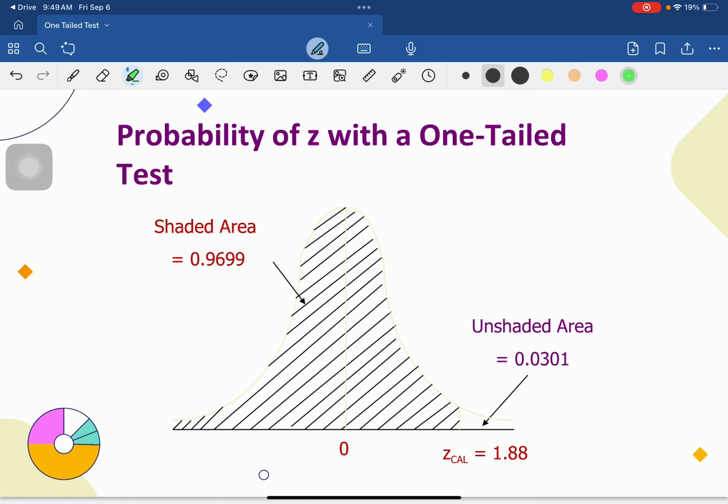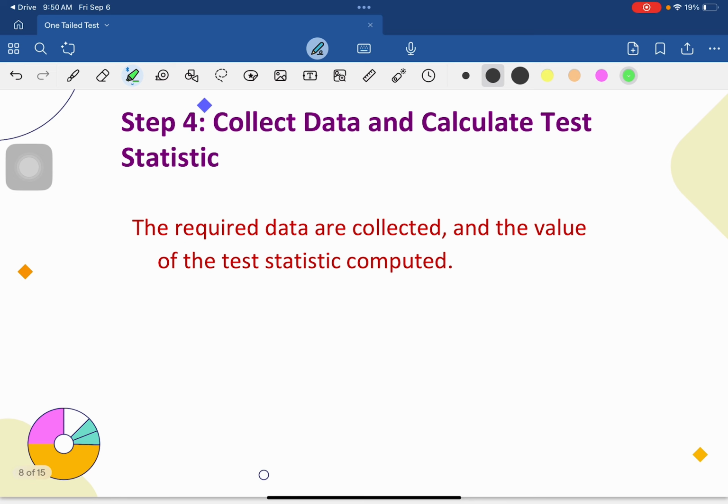So for example, just a review of the normal distribution curve. We have a shaded area, and usually our z-score is here. For example, it's 1.88. This is just an example, meaning the left side will be the whole shaded area, that will be the probability, and this one is the right side. That unshaded area, the 0.0301, is actually the alpha. Okay, I don't usually ask you to draw a normal distribution curve, so let's just do this in passing. Let's go to the steps.